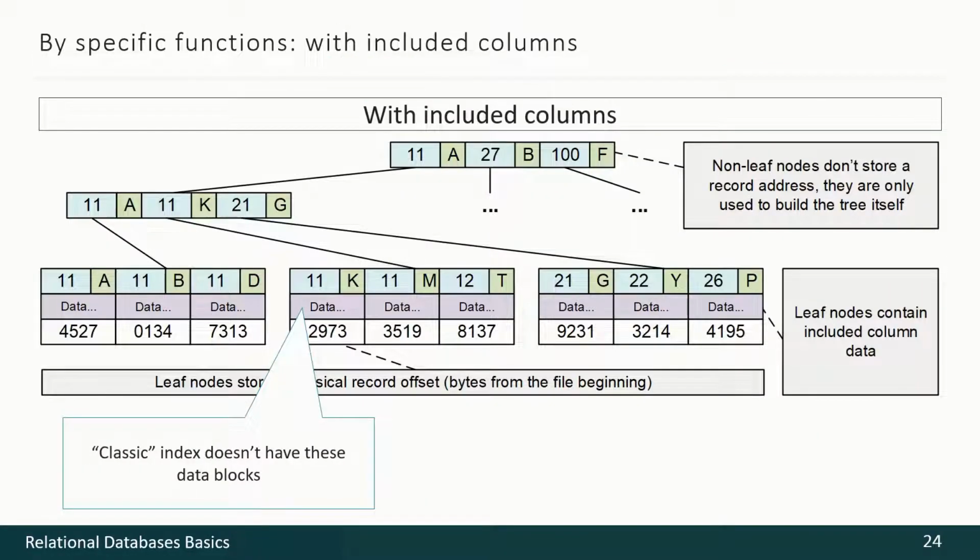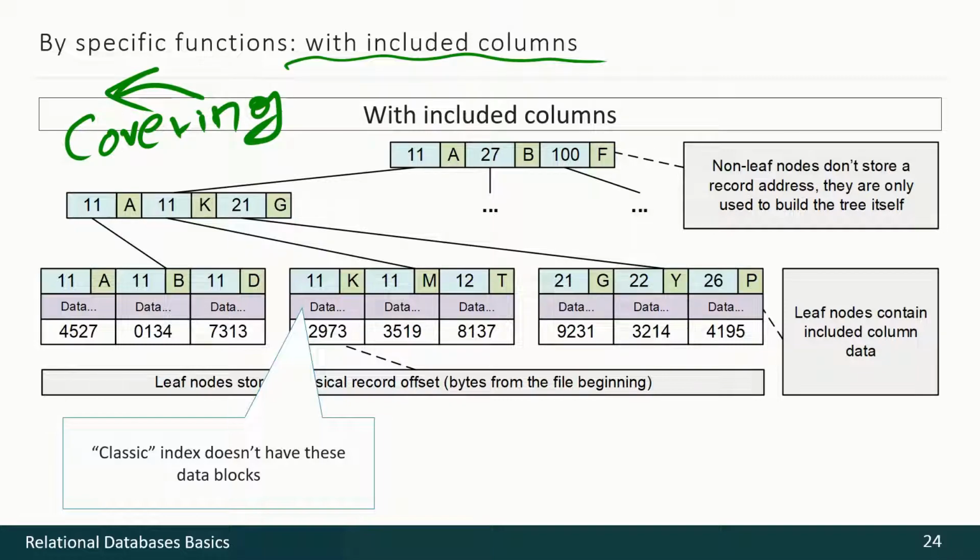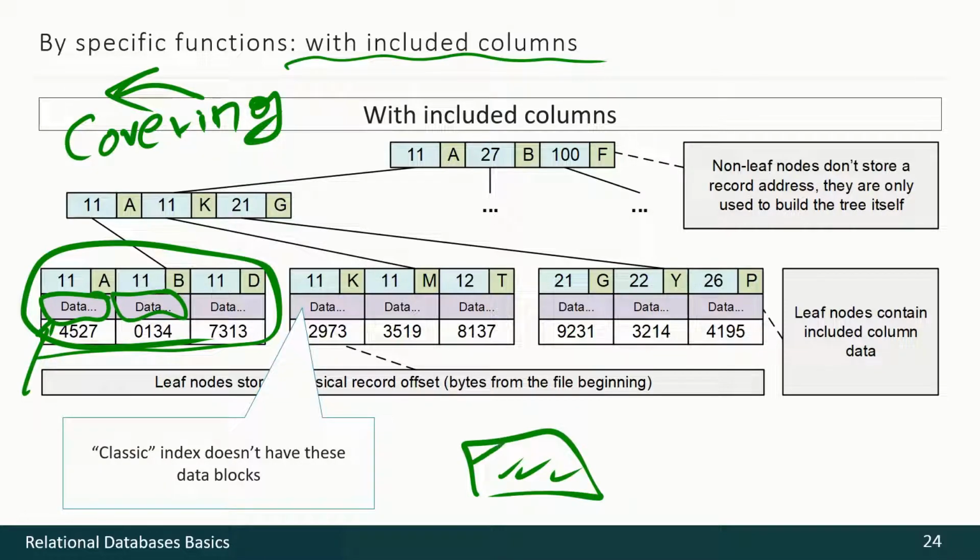To understand indexes with included columns, you should remember information from a couple of minutes ago about covering and non-covering indexes. If we want some index to become covering for a set of queries, we may want to add some additional data into that index, in order for the DBMS to use the index only, without reading real information from the hard drive, from the table, to execute our query. Not a lot of DBMSs support such indexes, but if your DBMS does, that's maybe good in some situations.